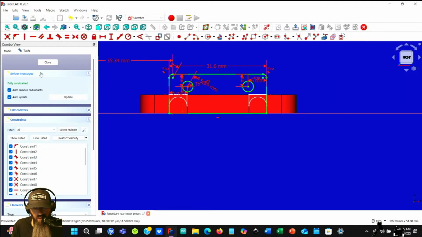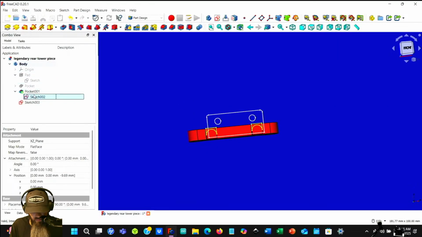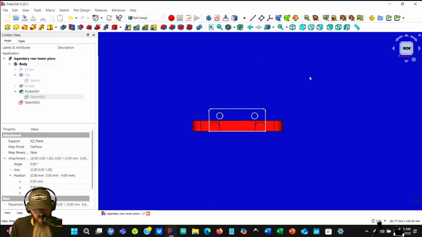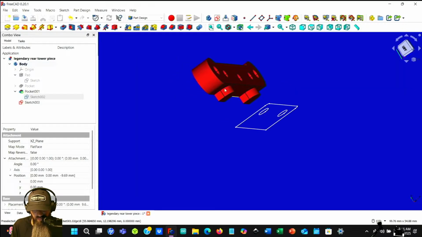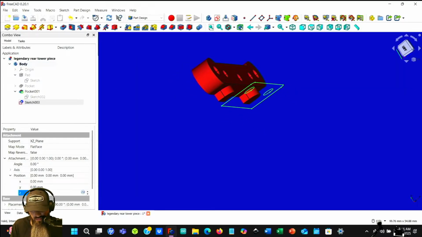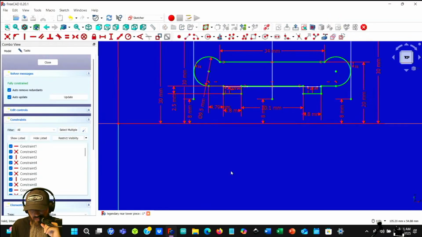Alright, close that out. We can actually mute this sketch now too, we don't need that anymore. Okay, so what this needs to do is we're going to have to move the attachment point up because it needs to be at the bottom of there. Why is the bottom of this in such a weird place?